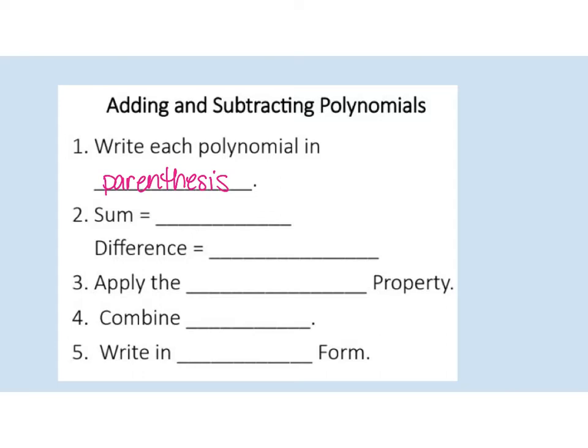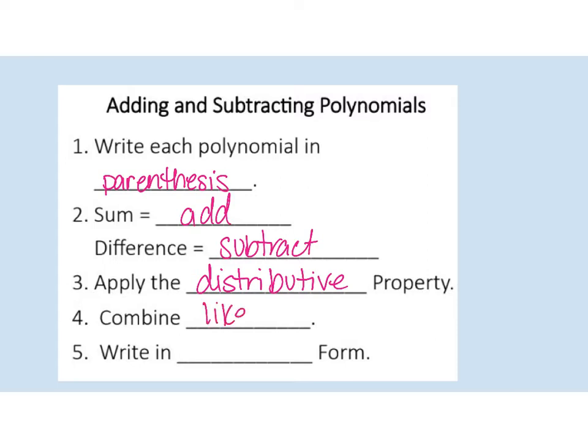And a couple of things to remember: if you're looking for the sum, you're going to be adding. If you're looking for the difference, you're going to subtract. Now, if you're going to be subtracting, you're going to have to apply the distributive property. That's really the only difference. The next process is to combine like terms